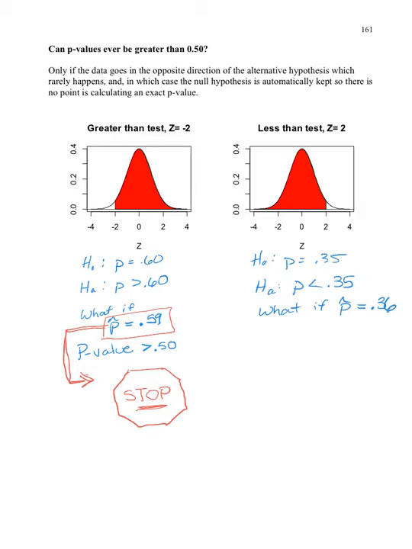And likewise, going back to our very first example where we tested p equals 0.35 versus p less than 0.35, what if p hat was 0.36? Well, again, we're never going to show it's less than 0.35 if our sample percentage is 0.36. So at this point, you would just stop. And so while p-values can be greater than 50%, we really don't ever get to that point of calculating them, because we just stop before we get there,